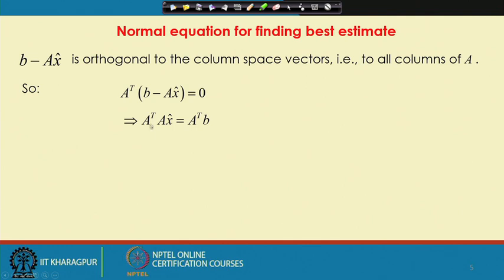So, it is a 0 vector, and with some rearranging we get the equation A transpose A x is equal to A transpose B, and this we call the normal equations. Earlier we had an equation A x is equal to B, which is not solvable. We propose that we will not solve A x is equal to B, rather we will solve for the component of B which lies in the column space, which is the projection onto the column space, and the equation